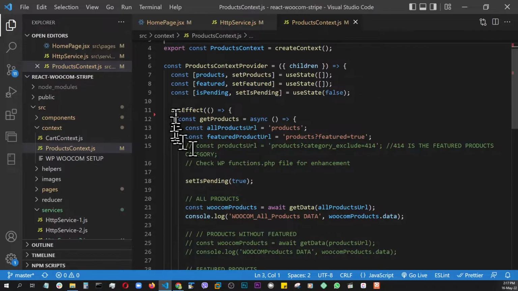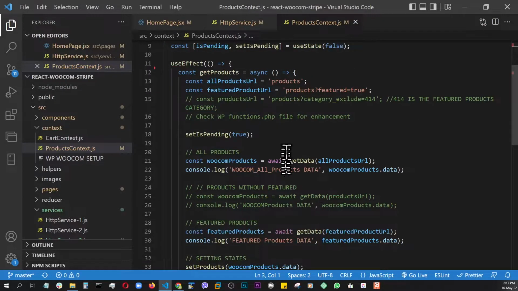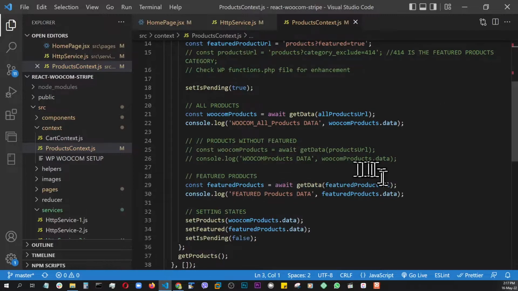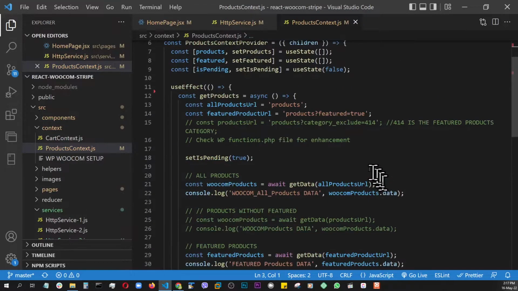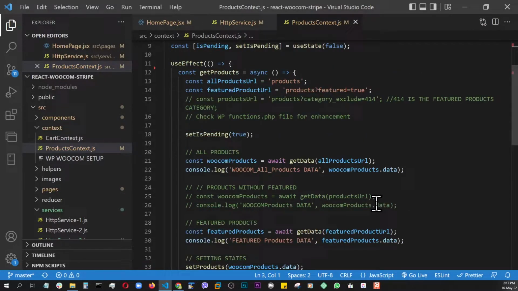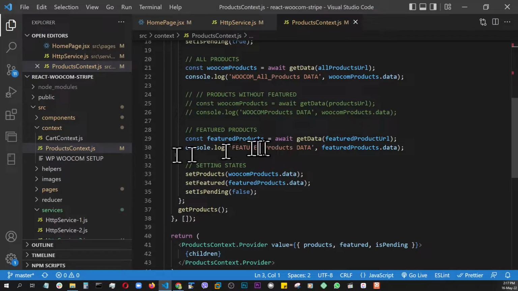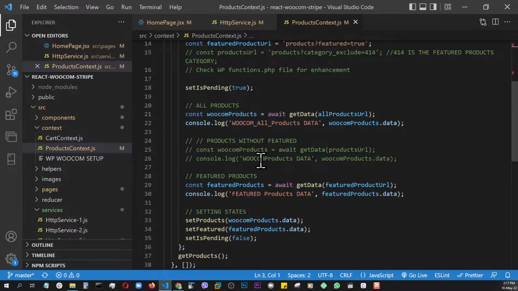These are the URLs. So I'm calling getData one time with products to get all the product data, and here with the featured product URL, I'm just augmenting it with a question mark and featured equals true, so that the REST API gives me only the